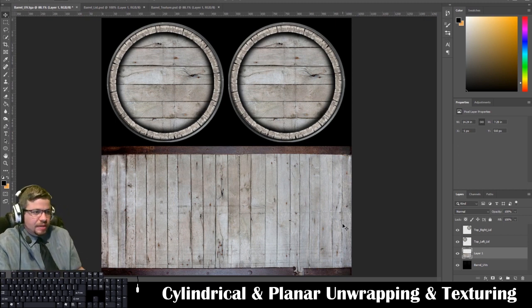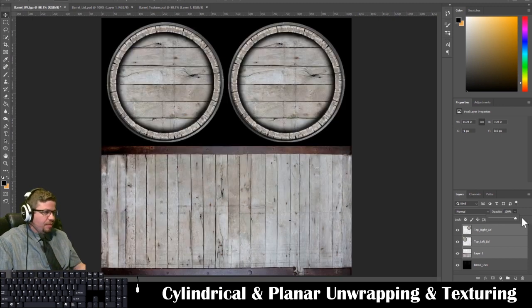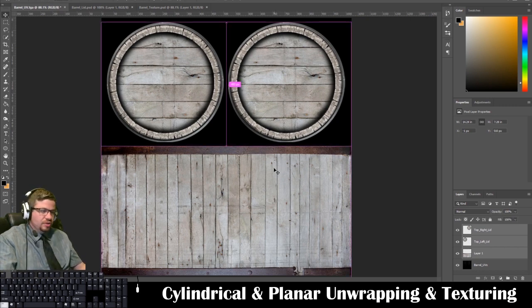Alright. So all I did was cover my UVs, because this is what I need to texture. It's like my map that I need to fill in, right? It's almost like a coloring book, if you will. So I'm going to go ahead with that, and now I'm going to press Control